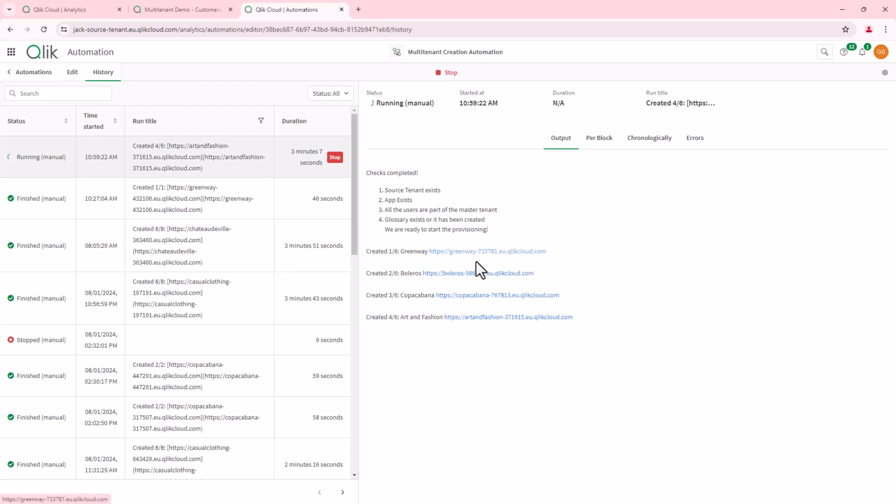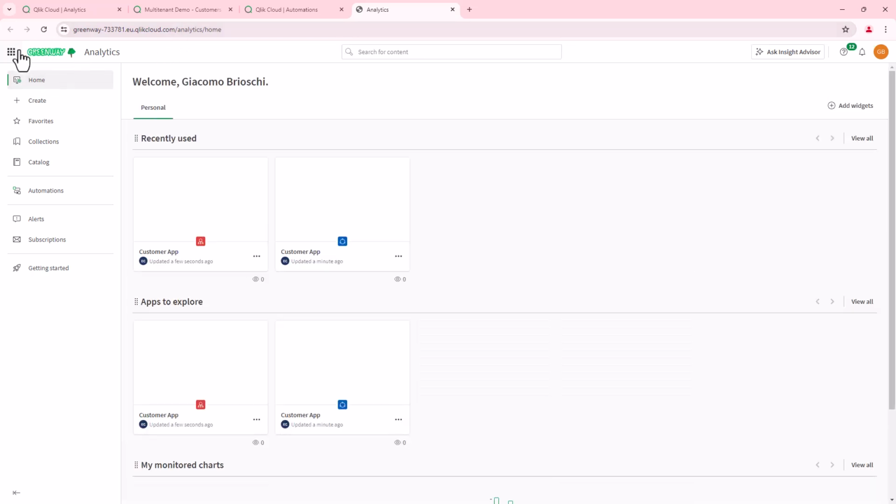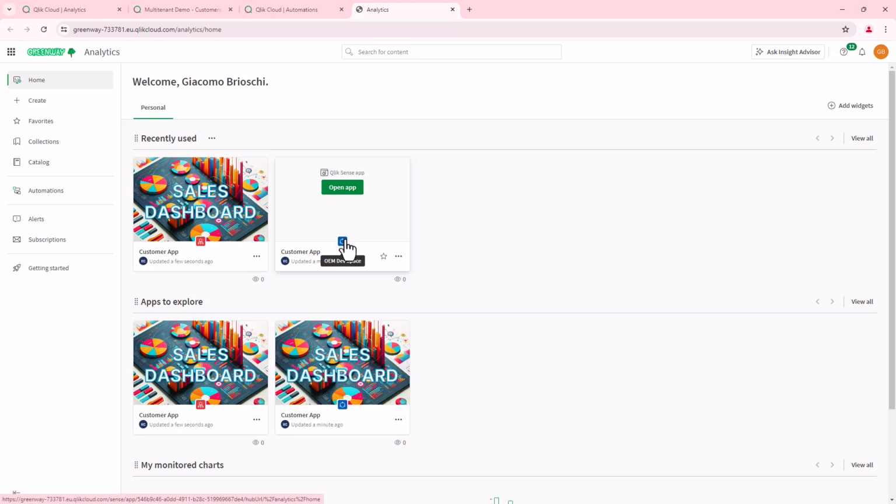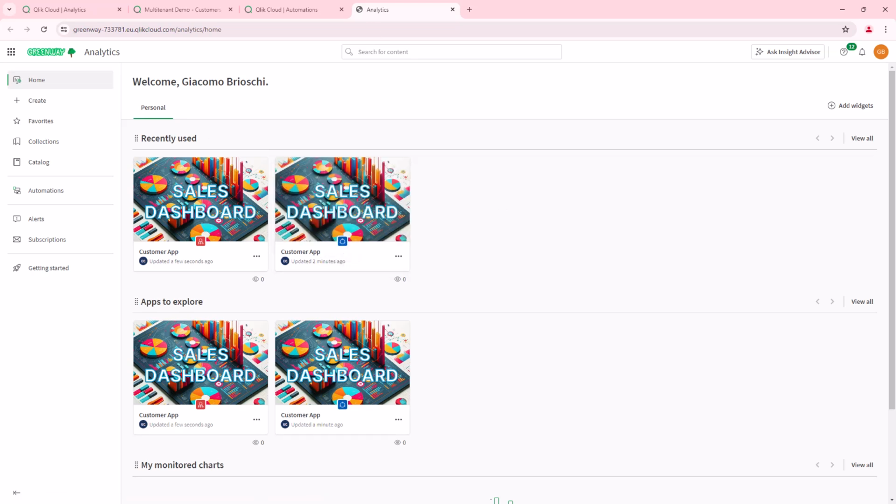Let's open now a tenant just to see what a tenant looks like. And you can see again here the tenant alias. On the top left, there's the customer logo. And we can see that we created 2 different spaces, one for staging. It's best practice, when I need to import an app to a customer tenant, to import it in a staging space that is used just to land the app that has been imported. And then another managed space that is the publishing space